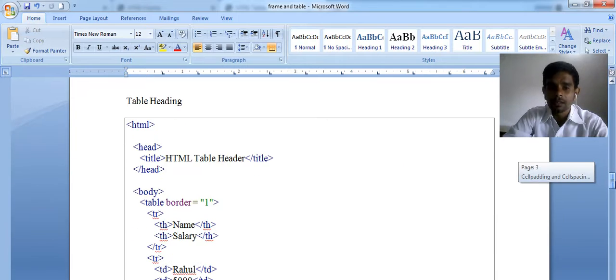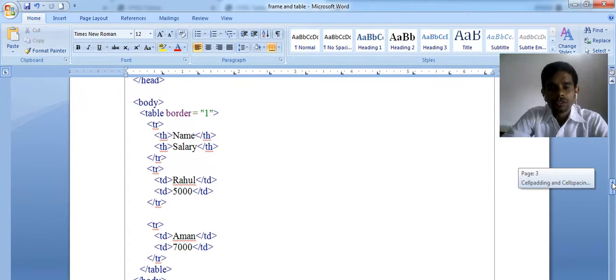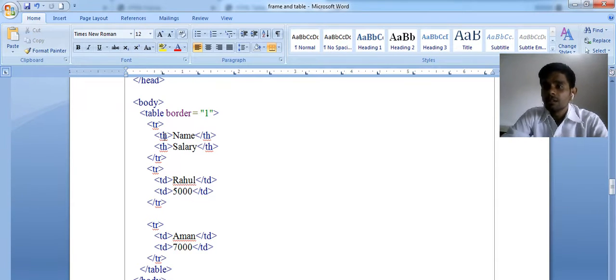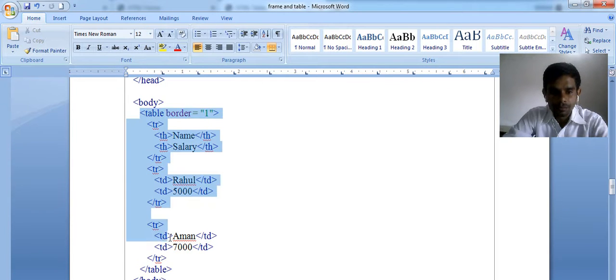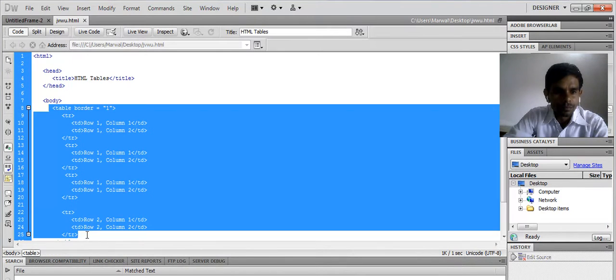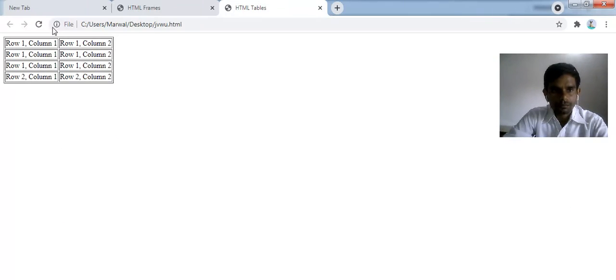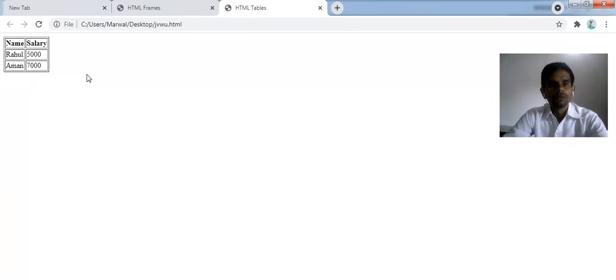Let's see another thing. If you want to specify the heading of your table, then use the simple th tag. The th tag represents the table heading. It means here the name is a table heading, and here salary is a table heading. Let's see what happens if I am using it. Look at that.